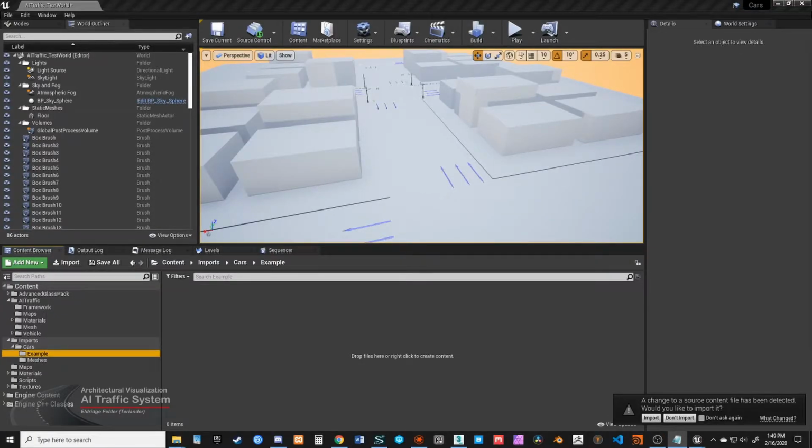Hey everyone, welcome to the second part of the Architectural Visualization AI traffic system. In the first part, I showed you how to quickly rig a vehicle to be used inside the Unreal Engine. In this next part, we'll import the vehicle and create a few setup steps for the vehicle to work with